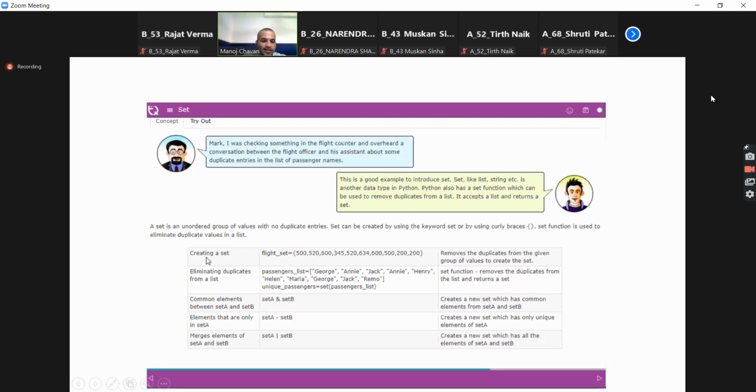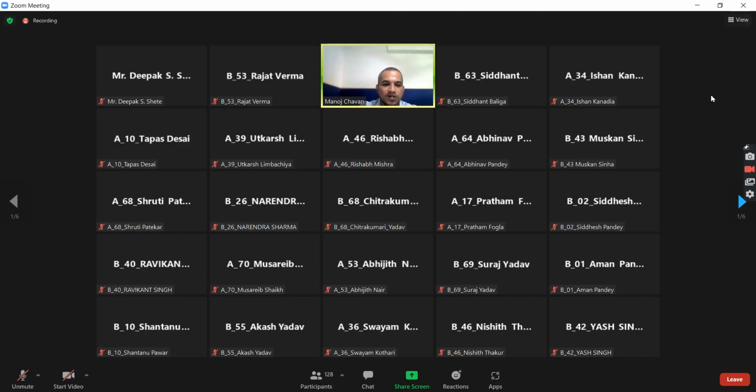Now, let's have a look at it. If I say creating a set, I say flight_set is equal to 500, 520, 600, and so on, and towards the end, I have these curly brackets. Now, what does it do? It removes the duplicates from the given group of values to create the set. Now, just to make this point crystal clear, let me go to